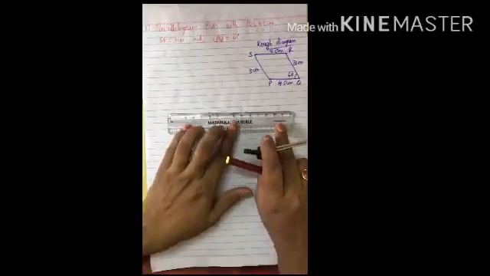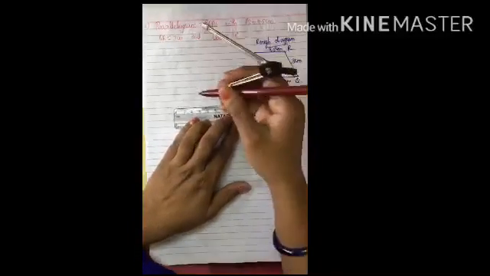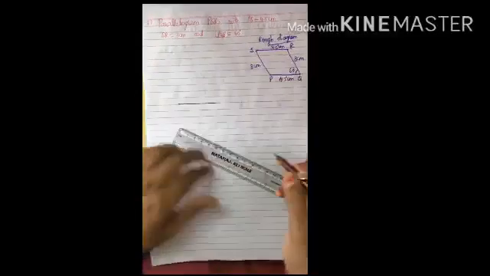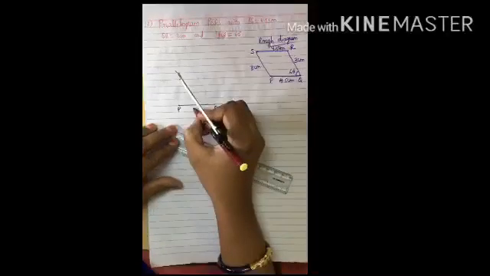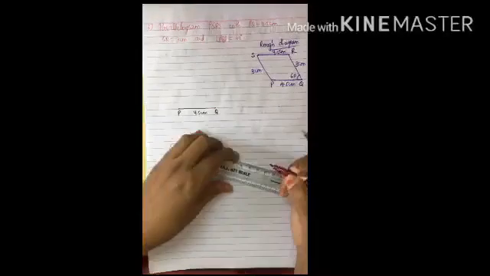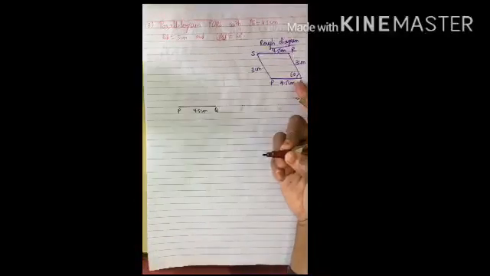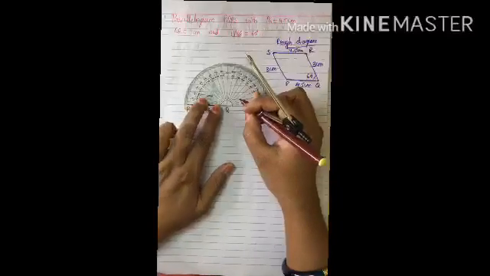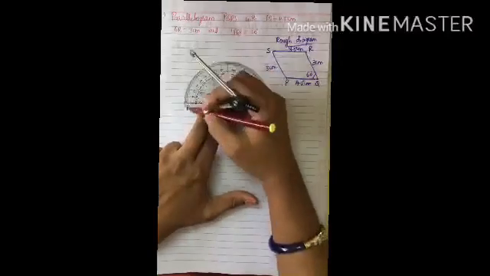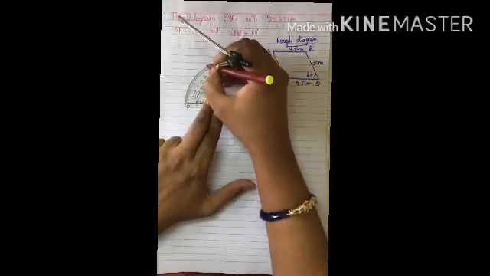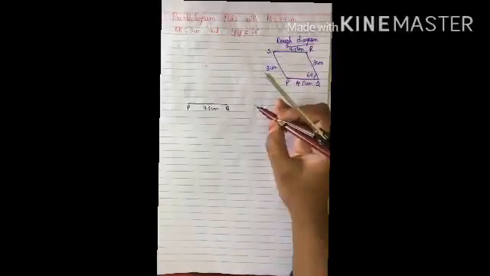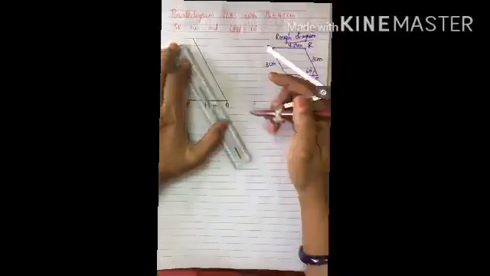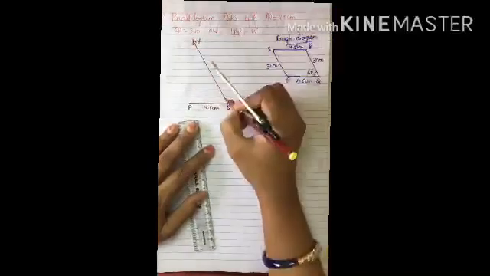What is first one? PQ 4.5 centimeters. Take the ruler, keep 4.5, draw a line segment. So this is P, this is Q, and it is 4.5 centimeters. Now next, the angle. Angle Q is how much is given? Take the protractor and place it on Q. Now here if you see the protractor, the 0 is starting in the upper scale. So 60 is here. So mark a point at 60, take the ruler, join that, and this is what? Ray, and this is 60.